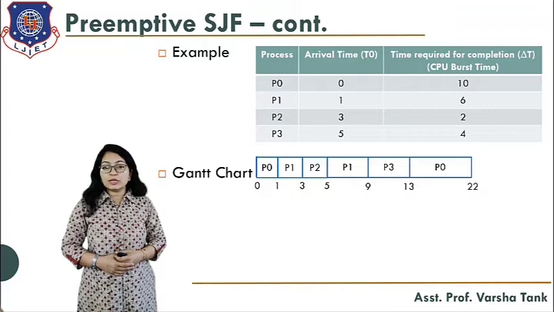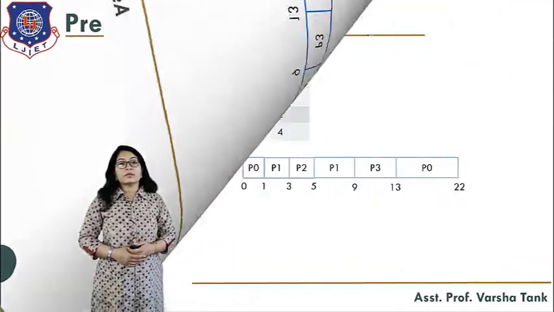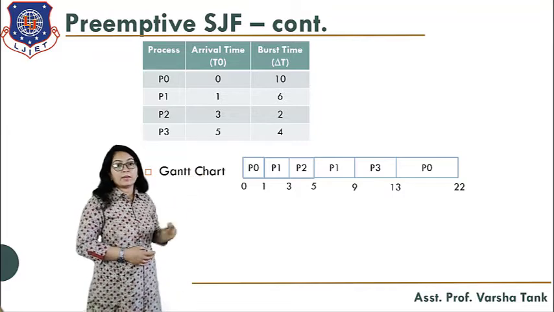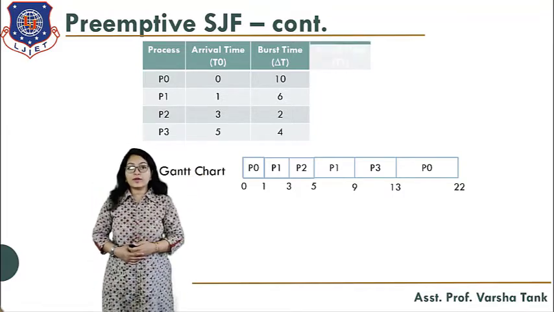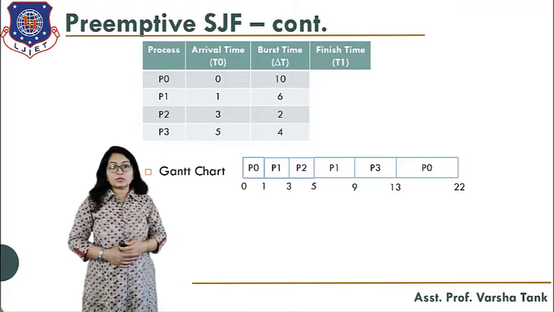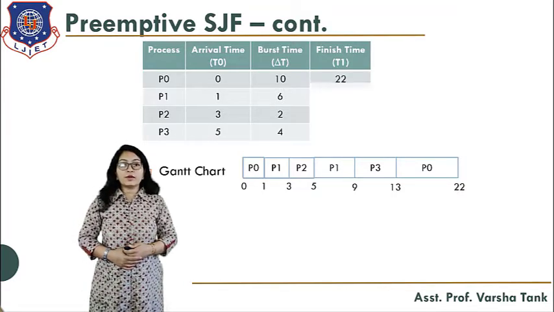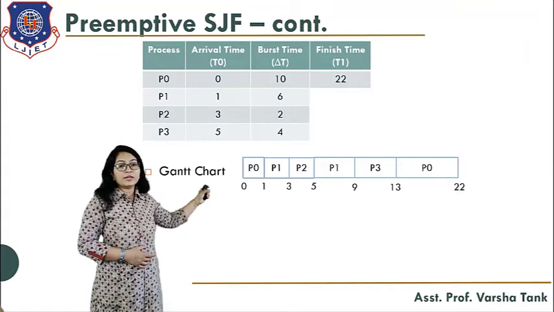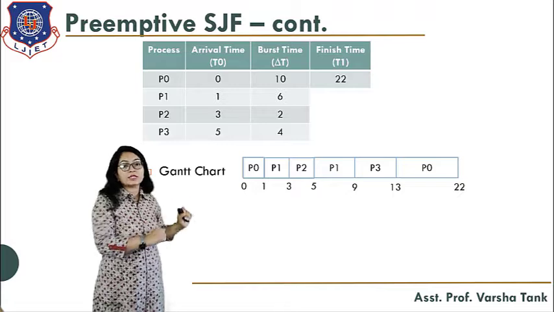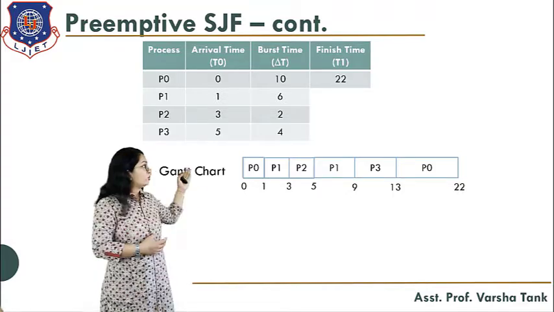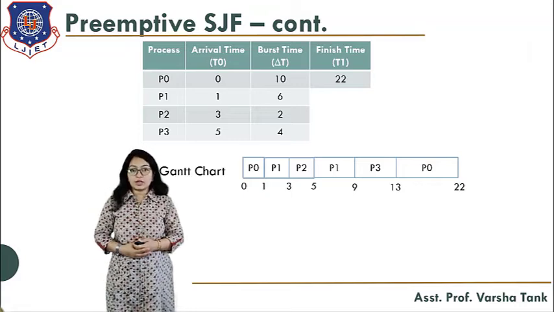How does preemptive scheduling work? So now here the same table is there, and here the timeline chart is there. Now what you have to find out is the finish time for each and every process. So the finish time for P0: how are you able to find it? That is 22. After the completion of P0's execution, the time that is denoted in the timeline chart, you have to write in the finish time.